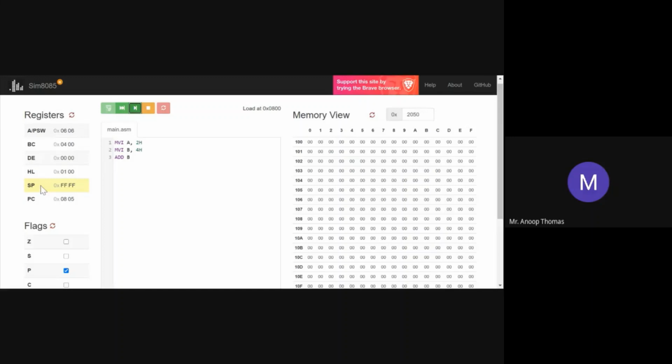So it has a high value. As you can see, the default value gives an indication of how this works. Okay. So the default value here for a stack pointer is FFFH, which basically means when you push something into the stack, the stack pointer will be decremented. Because if you are giving a maximum value, you're going to use it, it will be decremented. It has this particular high value because you are using a 16-bit memory and you are able to have the maximum value of 16 bits to represent your stack pointer. Am I clear? Are you able to understand something about it?